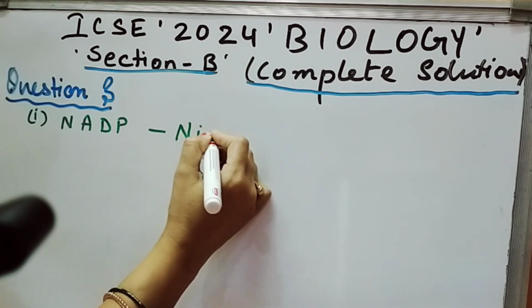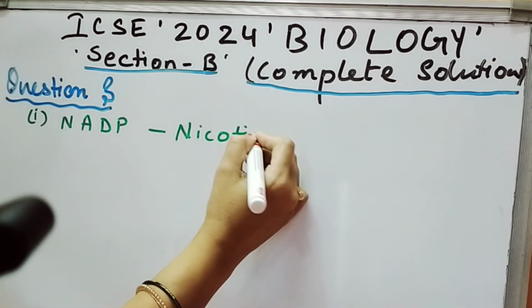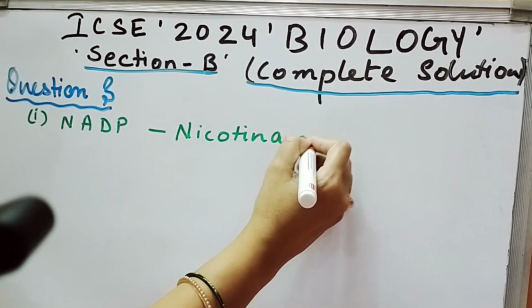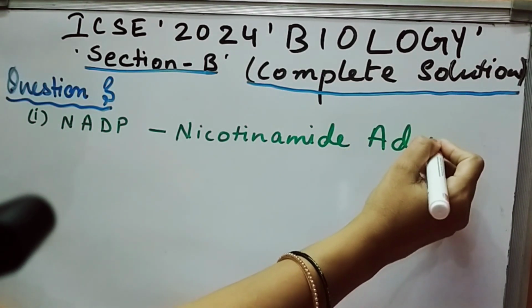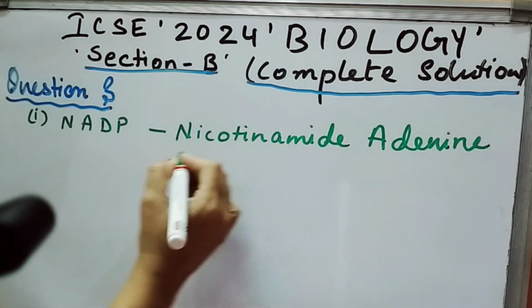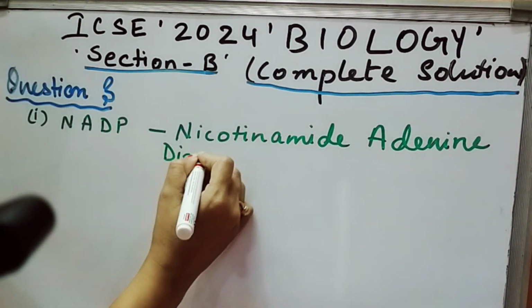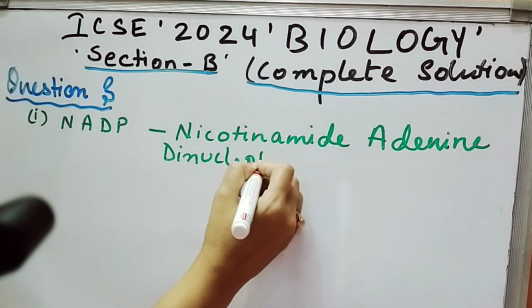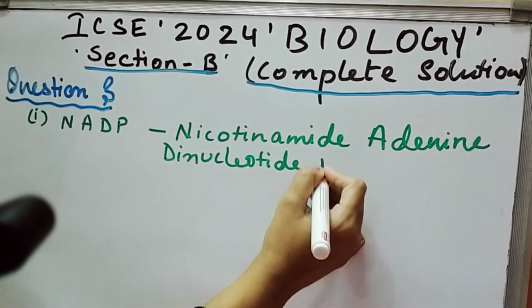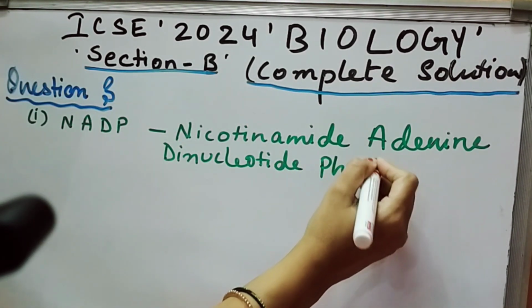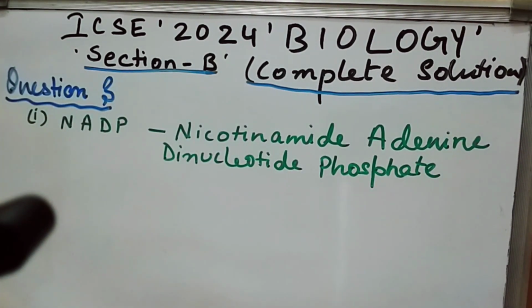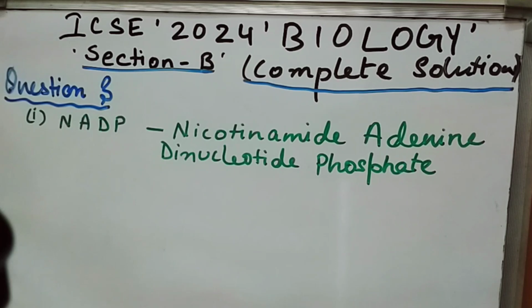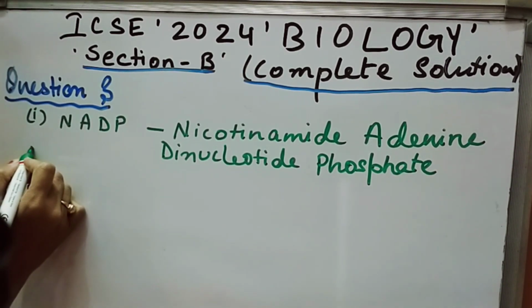It is nicotinamide, adenine, dinucleotide, phosphate. It consists of 1 mark. Second question is